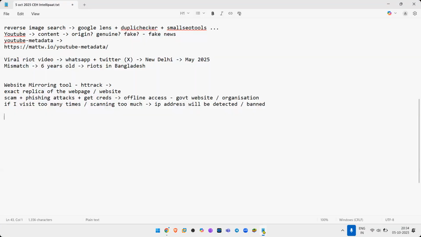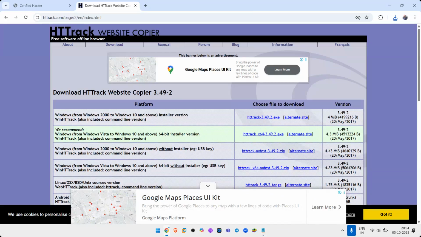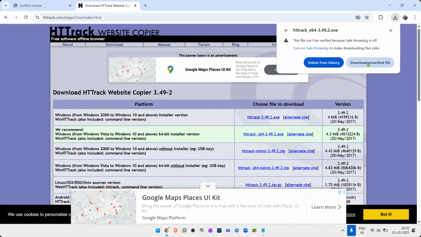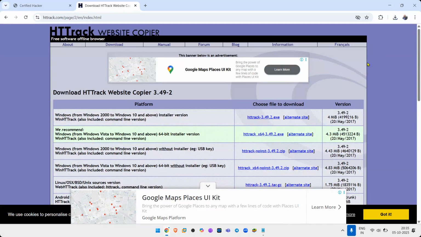This is the link to download httrack. I just clicked on this link and you will see that the file has been downloaded. It's giving me an error. My browser is safe and does not allow me to download unverified tools unless I verify it myself. Okay, I have verified it. We are good to go.